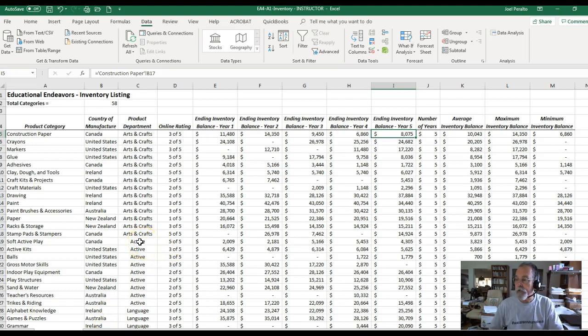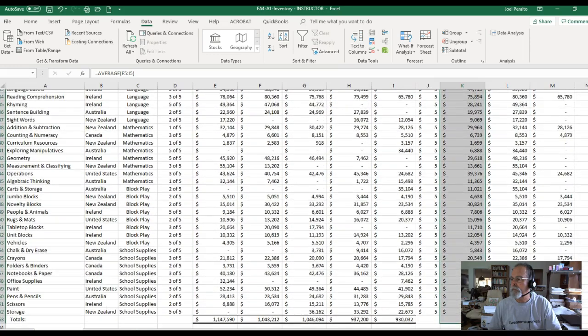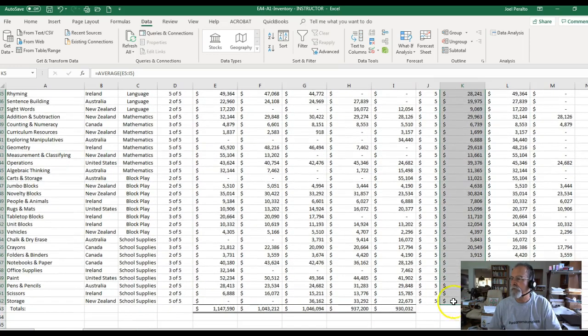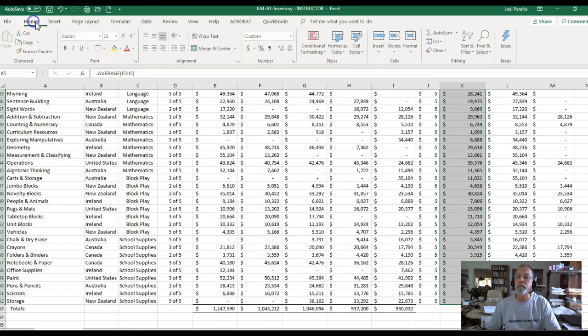Referring back to the similar instruction for problem R2, we need to highlight that range, which would be K5 down to the bottom, K62, and then choose Home, Styles, Conditional Formatting,